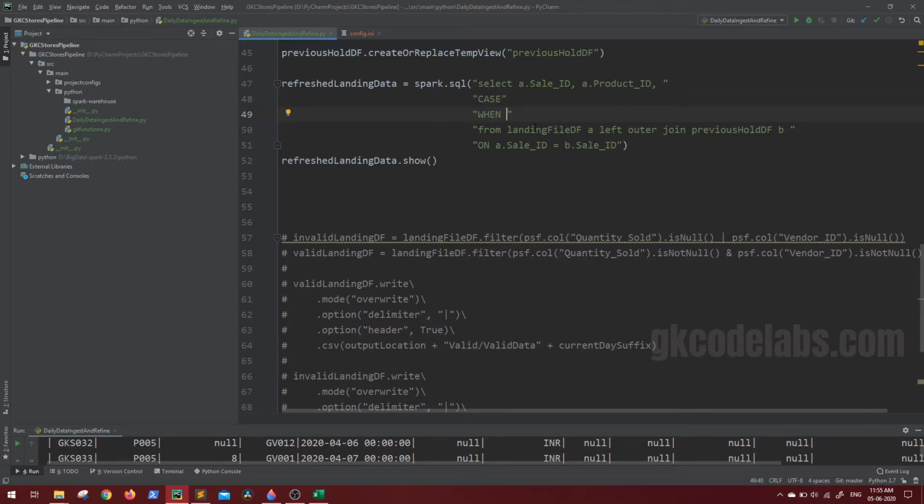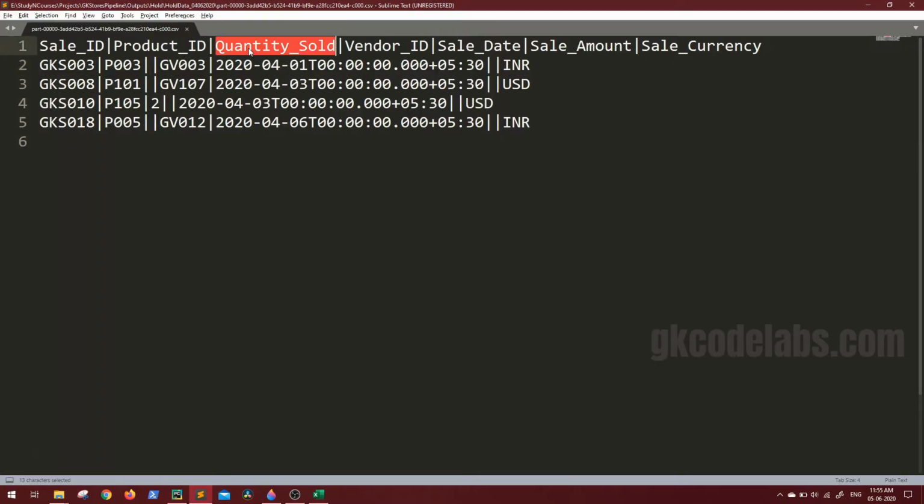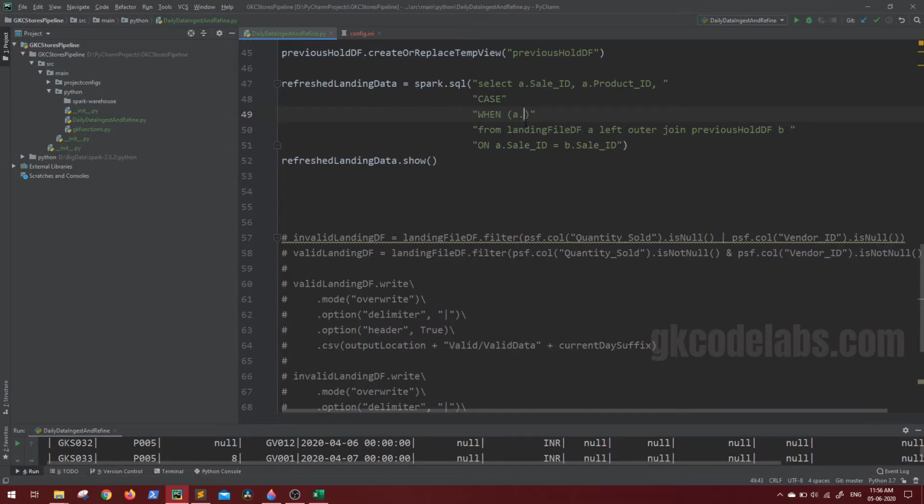So let's create a quantity sold column as per our requirement. So inside when, we have to consider the latest quantity sold first of all, a dot quantity sold.